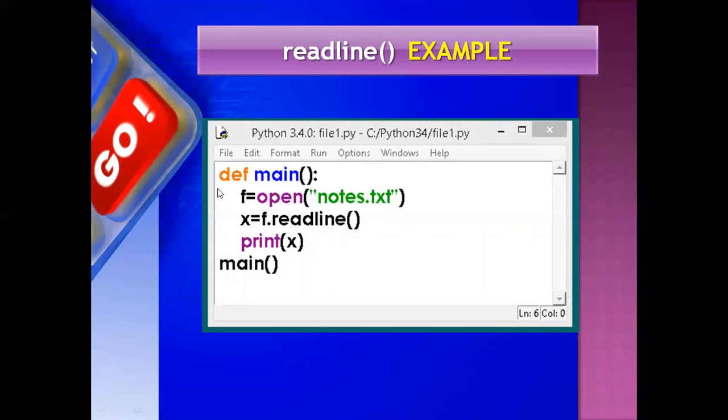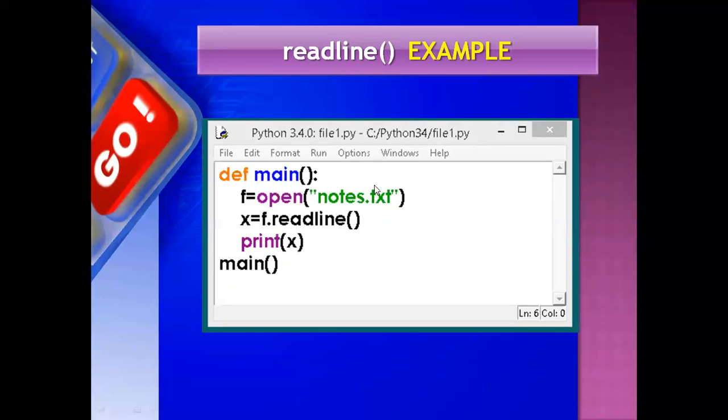This is the function call, which calls main. This is called the function definition, and this is called the function call. In the previous class we discussed functions. The same I am using with def; here main is a function name, and you can write your own user defined function name also. And see here, in this small program, f equal open opens an existing file, which you can create with any name, abcxyz dot txt.